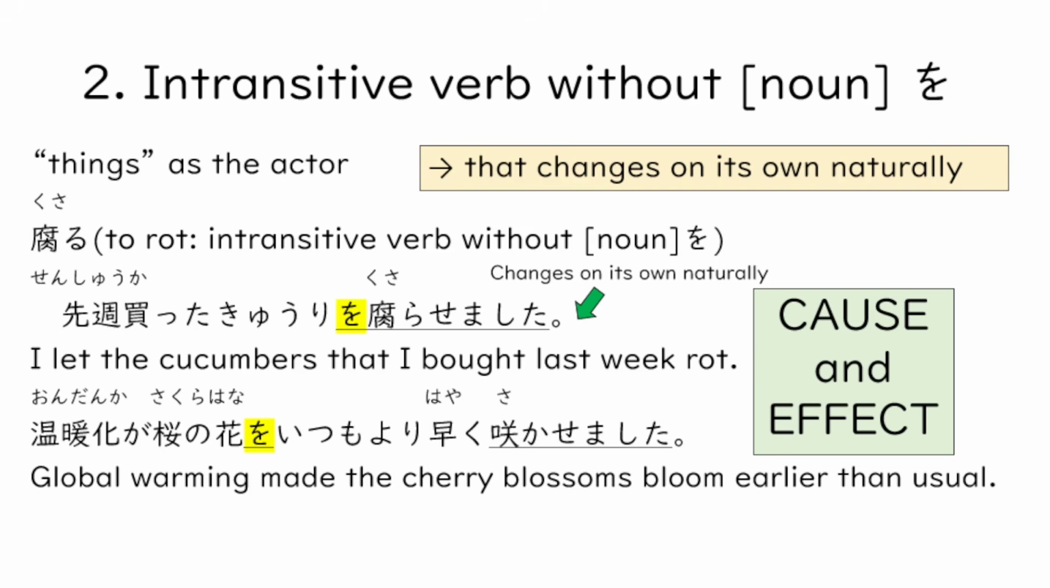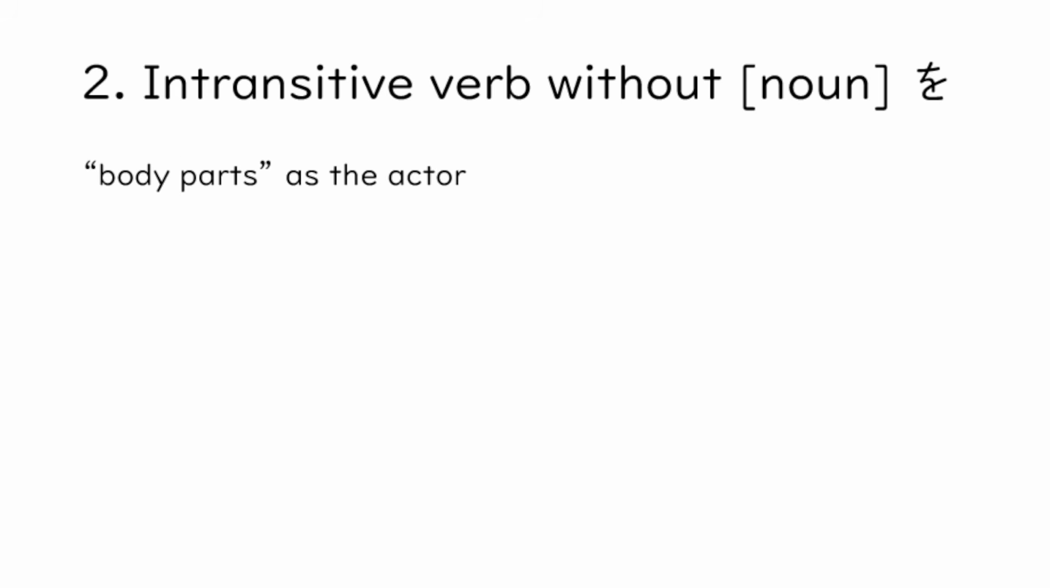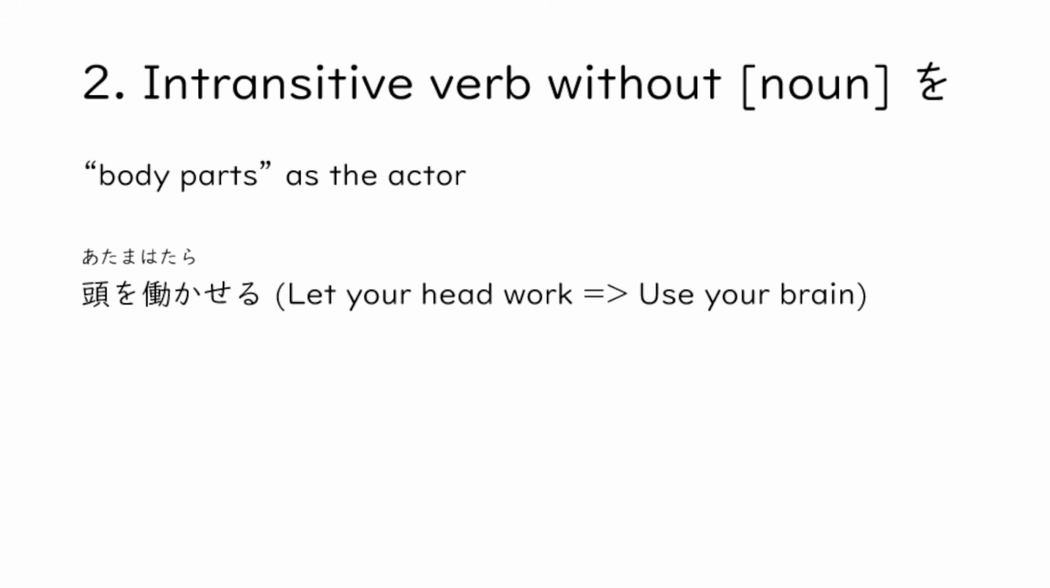But wait, there's one more case for thing, and this time it's all about body parts. When the actor isn't just a simple thing but a body part, it usually means we are letting that body part act or change. These are often idiomatic expressions. Let's look at examples. 頭を働かせる literally means let your head work, but what it actually means is to use your